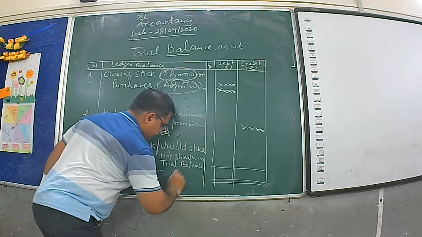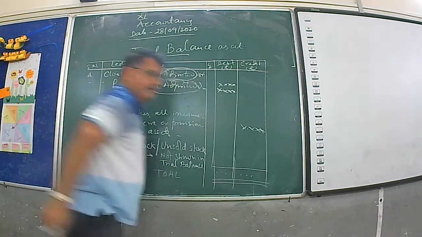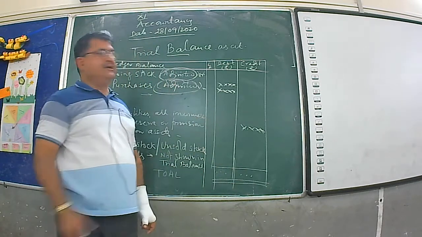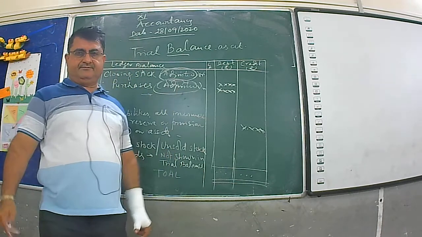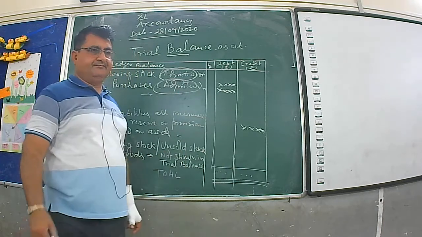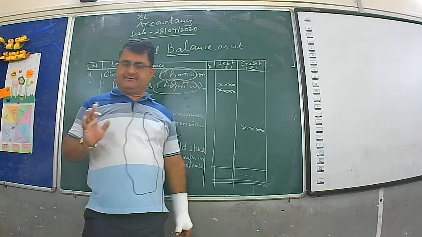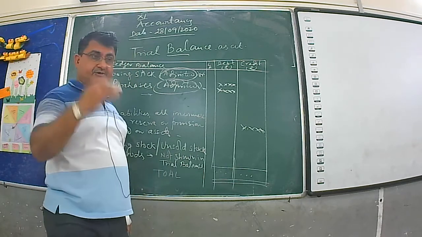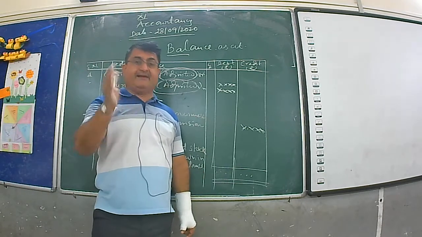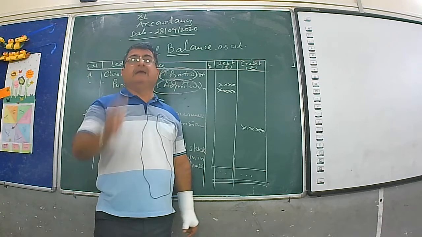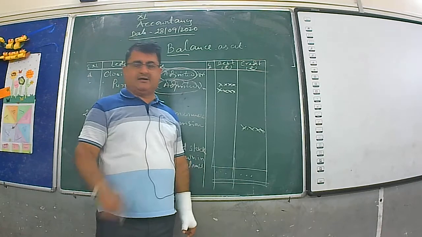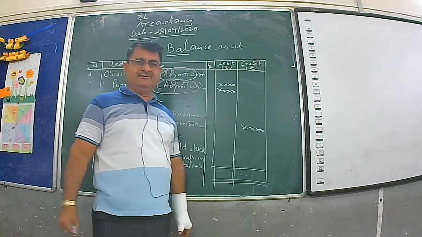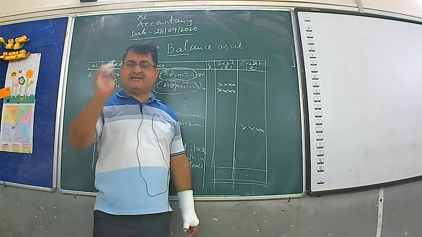Both totals will be equal. If there is a difference in the debit or credit side total, you are to assume that there is an error either in casting. Casting means making the total of the debit and credit side of an account and assessing the ultimate debit or credit balance of that account. Or there may be an error in recording such a transaction in the journal book.